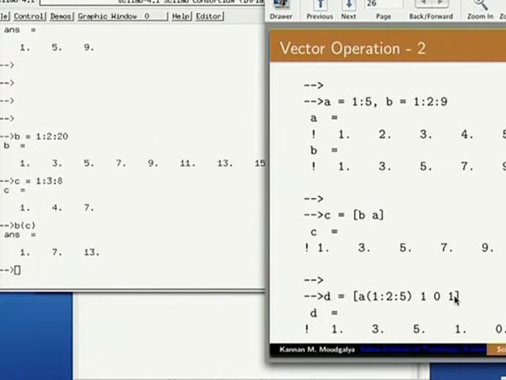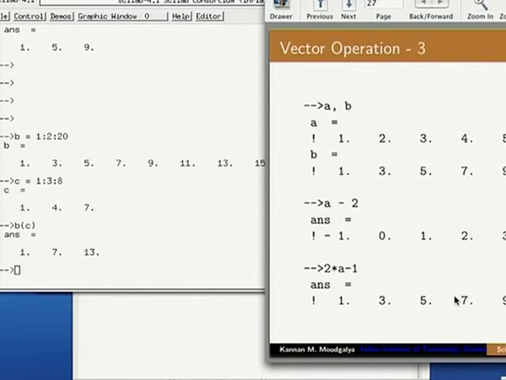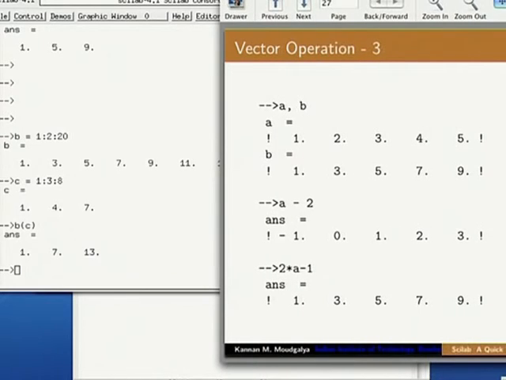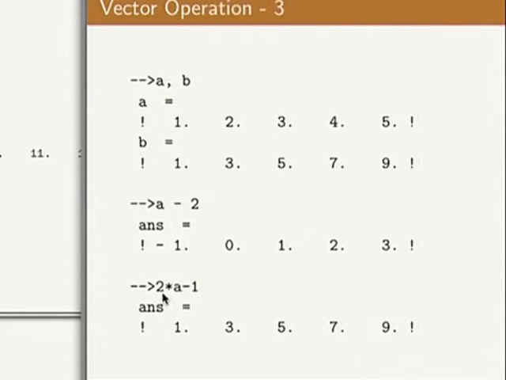Okay? So all these things, you are doing a lot of things in one line. Here, this example shows a vector. Here is a vector A minus 2. This is what we would do in mathematics. Minus 2 means what? How can you subtract a scalar from a vector? We normally mean subtract from every entry, which is what is done. I have subtracted from every entry. Here, 2 into A means you multiply every vector entry by 2, subtract 1 from every entry. So that's what it is.